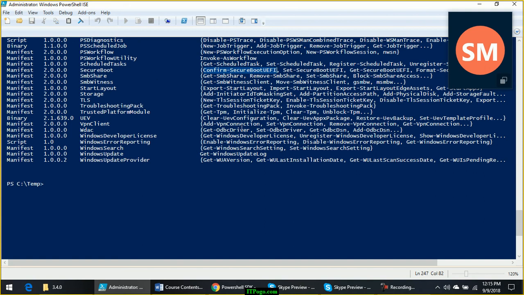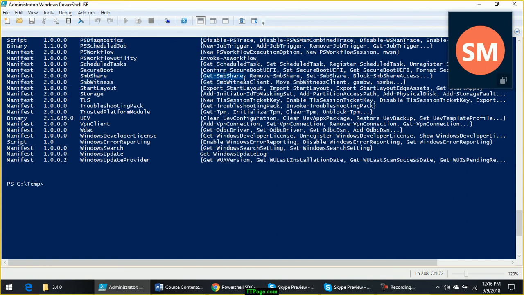Earlier, what I had to do is first import this module, and only then can I run this command, because this command is part of this module. So in order to run this command, I need to first import this module. Similarly for SMB share, Get-SmbShare.